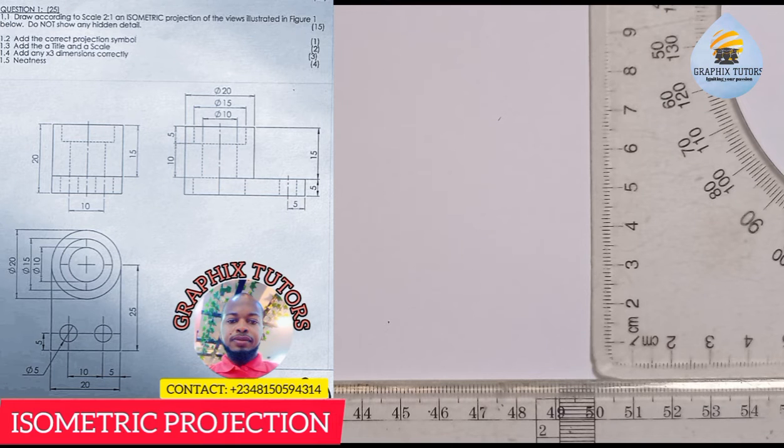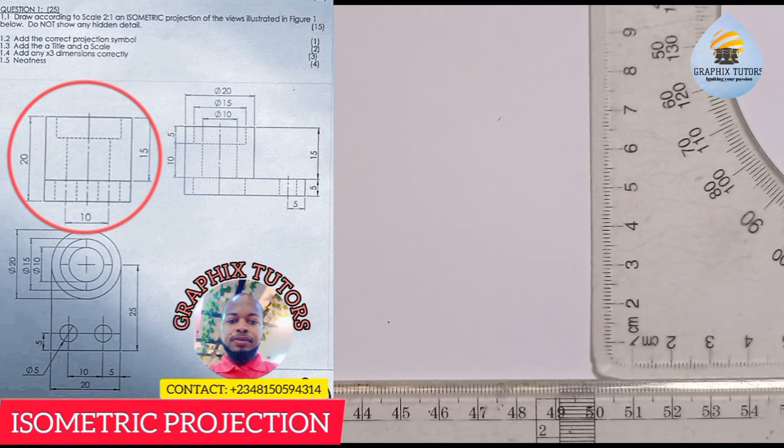So if you look at the figure, it is in first angle projection. Why? Because the elevation, which is this, is on top of the plan. And how did I know this is the elevation? The one at the center of attraction, the middleman here, is always the elevation. So once the elevation is the middleman, the plan will be under it. Are you with me now? The plan is always under the elevation, but if the plan is on top of the elevation, it is third angle projection. But this is in first angle, and we're told to